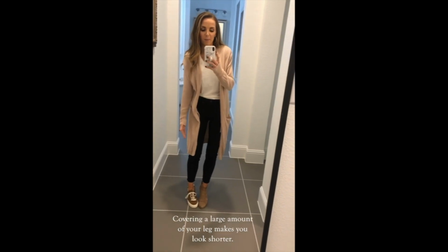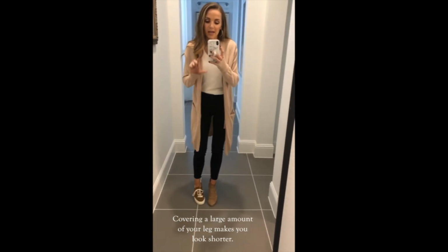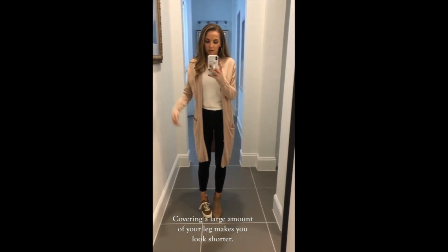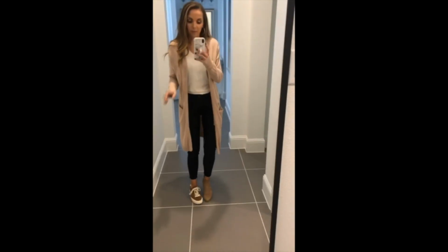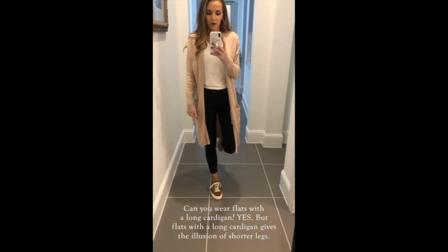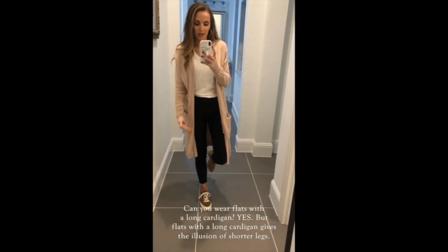When you're covering up big sections of your legs with a cardigan and just a small amount is sticking out the bottom, it's going to make them look shorter than they already are. So if you're petite, go with shorter. If you have long legs, they work. Now, I'm going to show you why I'm wearing 2 different shoes. So can you wear flats with a long cardigan? Yes, but again, it will just make that section of your leg